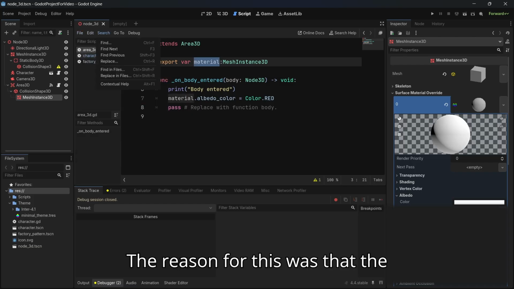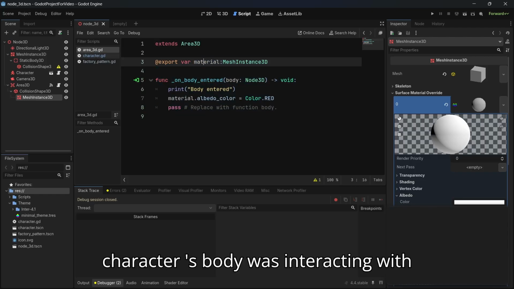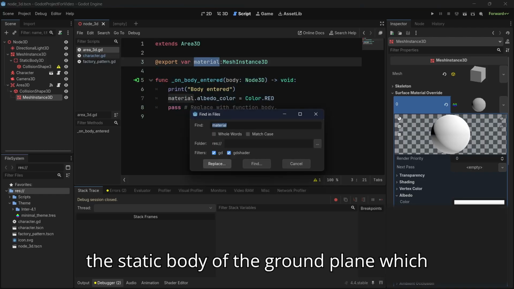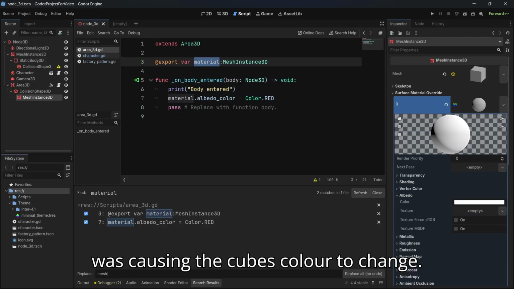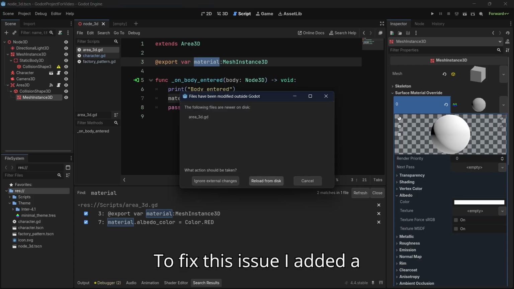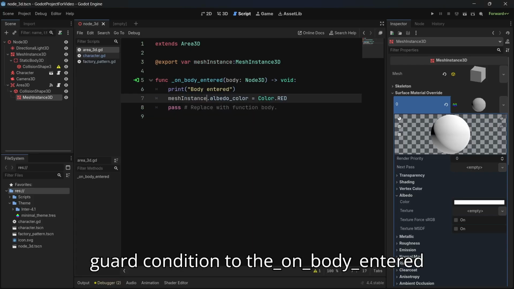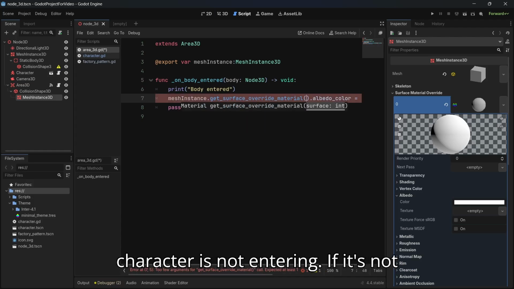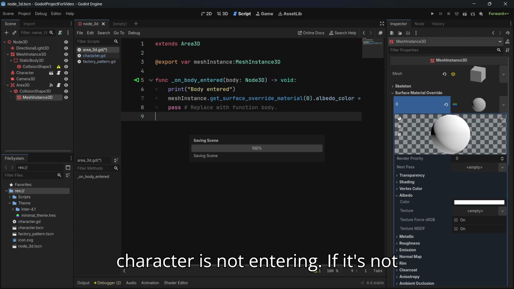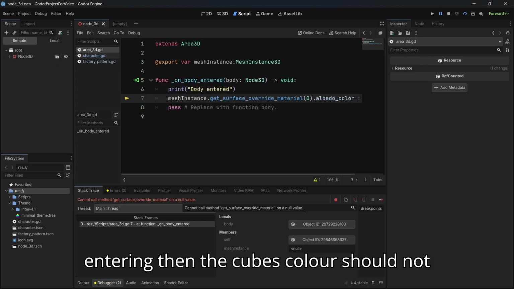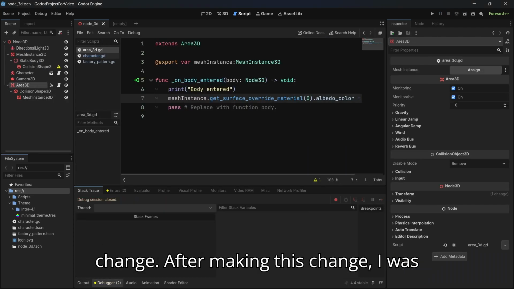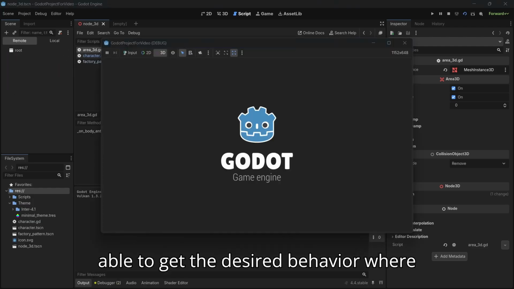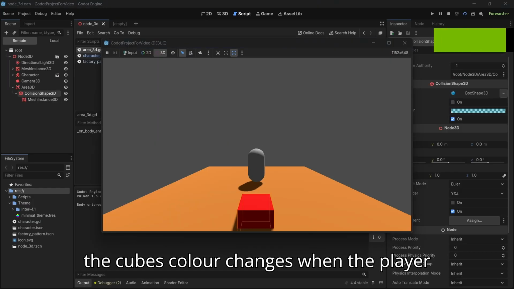The reason for this was that the character's body was interacting with the static body of the ground plane, which was causing the cube's color to change. To fix this issue, I added a guard condition to the _on_body_entered function to check if the player's character is not entering. If it's not entering, then the cube's color should not change. After making this change, I was able to get the desired behavior where the cube's color changes when the player